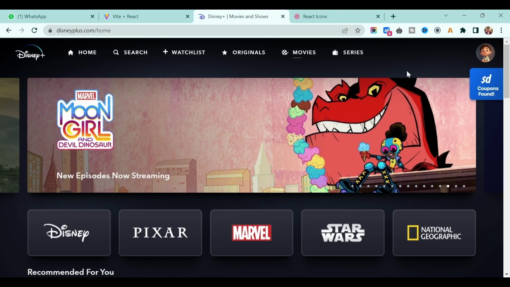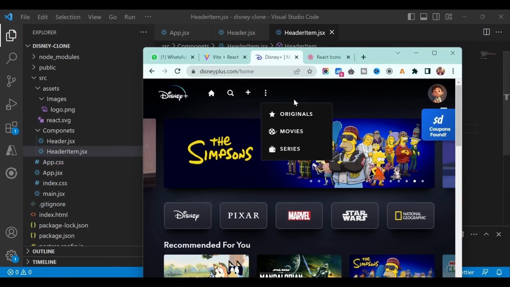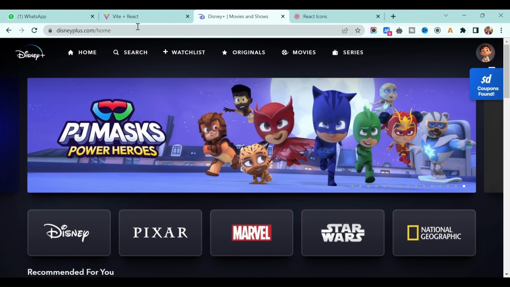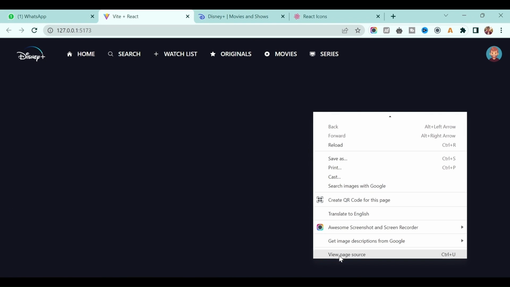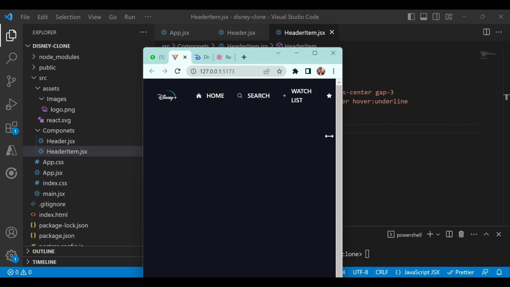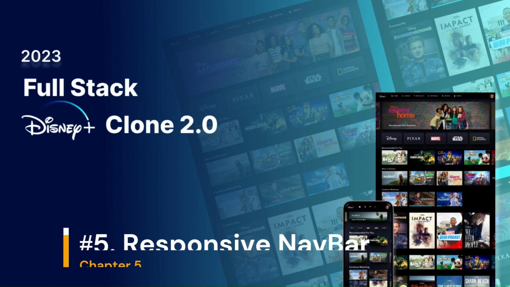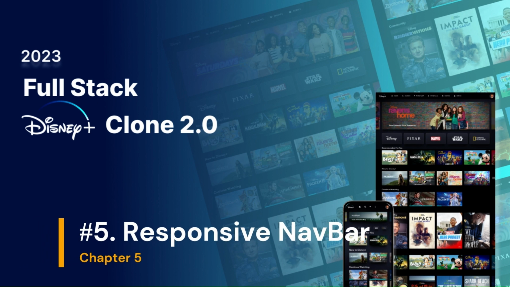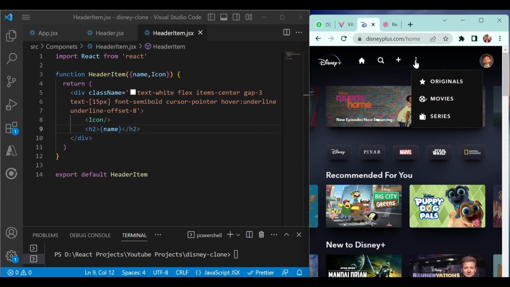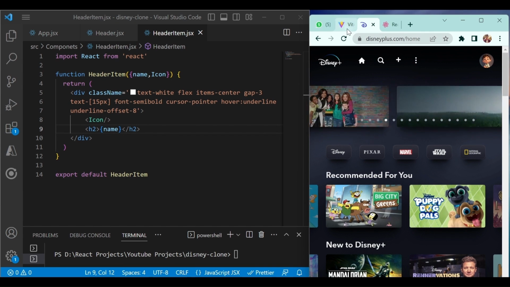Next, if you see Disney, if I decrease the screen size, the menus get changed, right? You see, so this is for the responsive, so we are making a responsive header. Okay, so the navigation bar should be responsive. Right now if you decrease the screen size, our menu is not responsive. Okay, so we'll make it responsive. So in this section we will make this navigation bar responsive, like this Disney application, right? And we will be able to see only 3 menus, and then we have the 3 dot with the multiple ones, correct? So go back to our application.